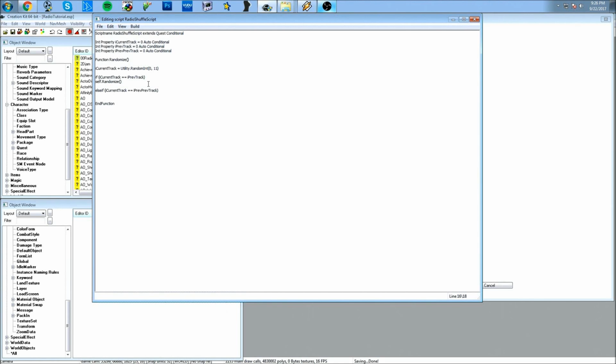And in here I'm going to set, no, not the current track, I'm going to set the previous track to the current track. And once again, run that recursive function, so continue shuffling them. And else, if it passes these two conditions, then it's going to